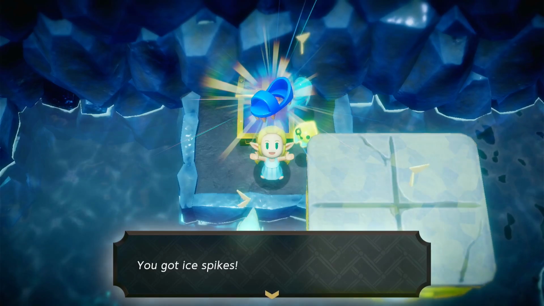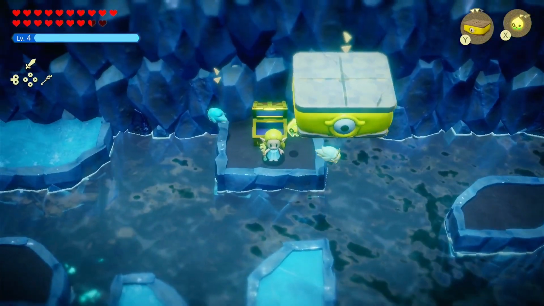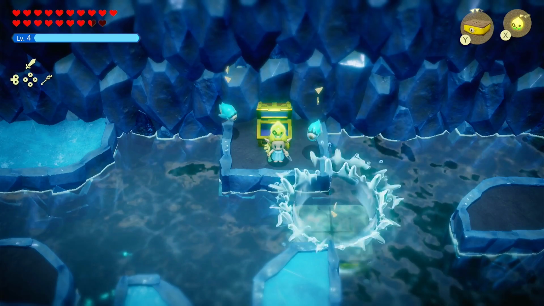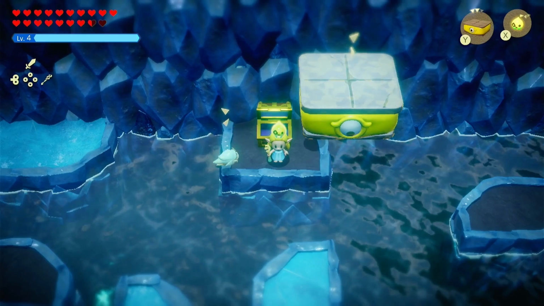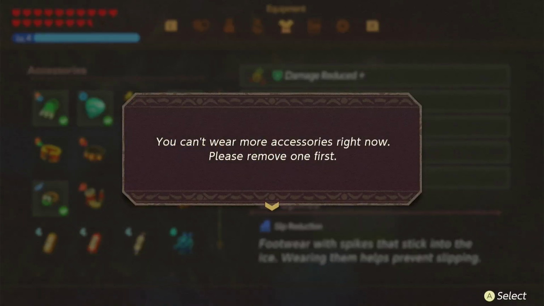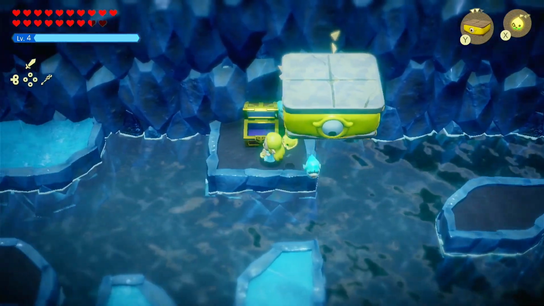This is very satisfying. This footwear has spikes that stick into the ice. Wear them to prevent slipping. Well, how appropriate that we have found these things next to Platboom, because both of these are amazing things that would have been great to find during my original playthrough of the game. And now that the game is finished, oh yeah, of course. Now that the game is finished, there's not very much for me to do with these. But, oh,